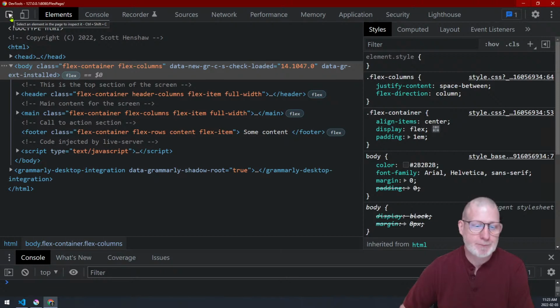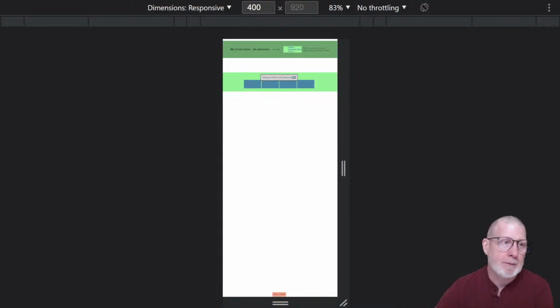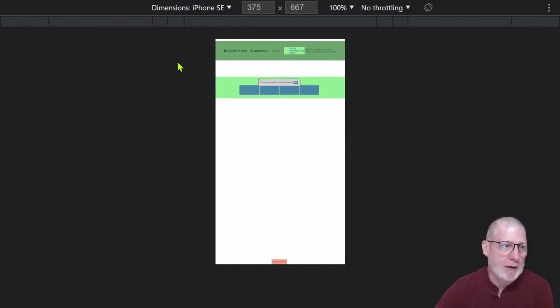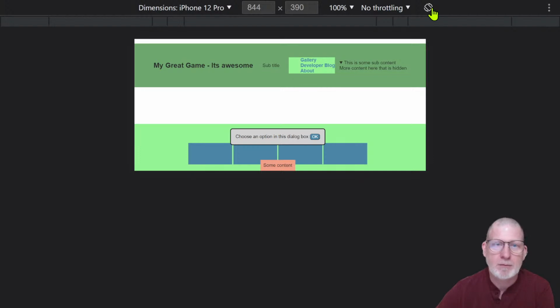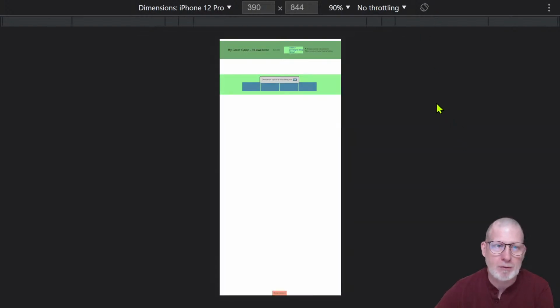That's select an element. This tool right here gives you what a mobile device looks like. Now I clicked it, and now I get the responsive page. I can choose some of the preset devices. Let's say, what does it look like on my new iPhone SE? Or what does it look like on my iPhone 12 Pro? The other thing it tells you is the statistics. You can also flip it to landscape mode, and then back to portrait mode. And it gives you a scaling. It also tells you the actual